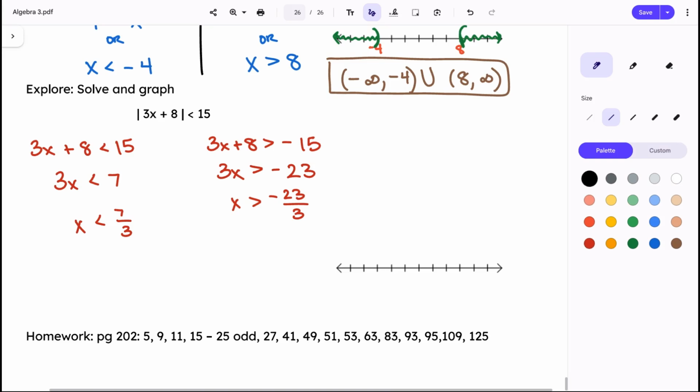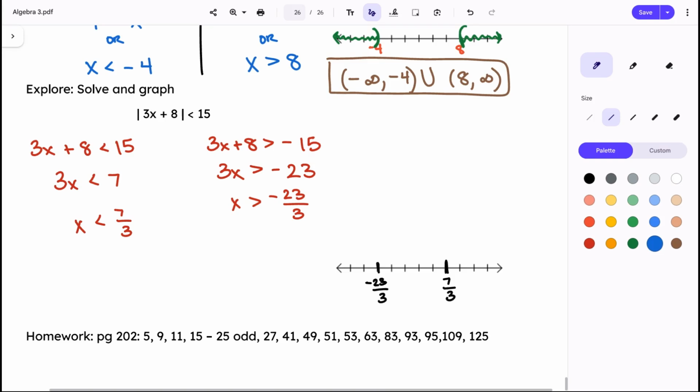Okay, then down here, I got to place those numbers somewhere on the line. And again, I don't really care where you guys put them. I just need to see them on the number line and then see the correct notation. The negative 23 over 3 has to go somewhere on the left. So I'm just going to put it right here. And then the 7/3 has to come over here on the right somewhere. Okay, for the negative 23 over 3,